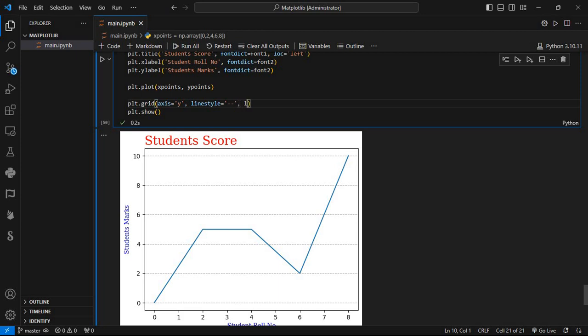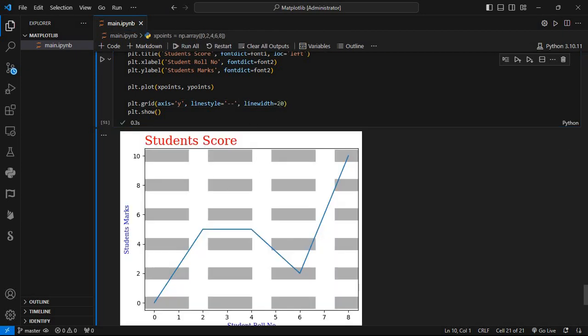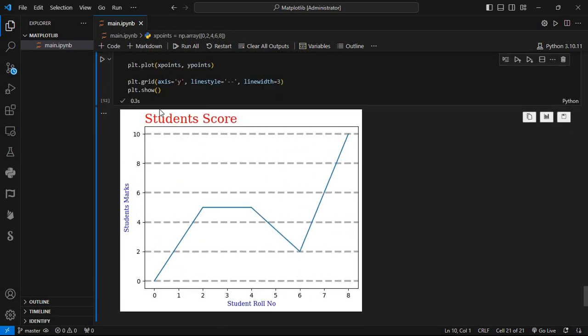Okay, and we can give a line width too. Suppose I am giving 20, so it will create a 20. It's too thick, let's keep this as 3. So this will look like this. This is how we can give line style, line width, and axis for the grid. Okay,